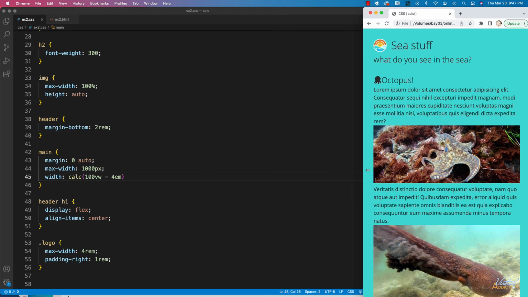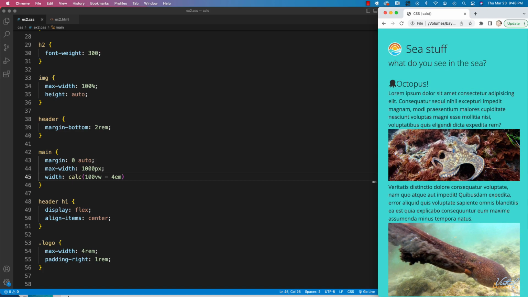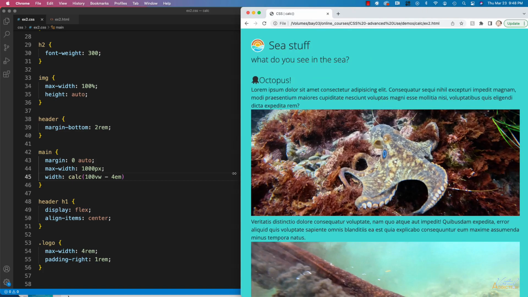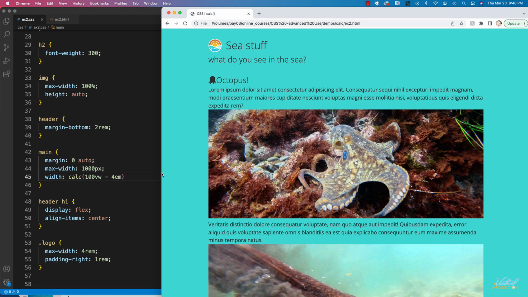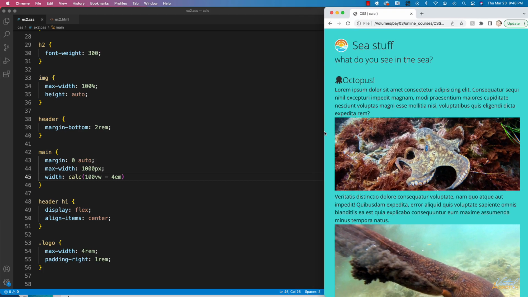So as my page gets smaller, we will always have that additional space on the right and the left of the page. Because of our max width, our page is never going to get bigger than the 1000 pixels. So this is one way in which we can use calc just to make our page look a little bit better. What I want to do next is, when my page is displayed in this way, I would like my images to span the entire width of the page. So I don't want them to be controlled by this extra spacing that we have, the 4em on the